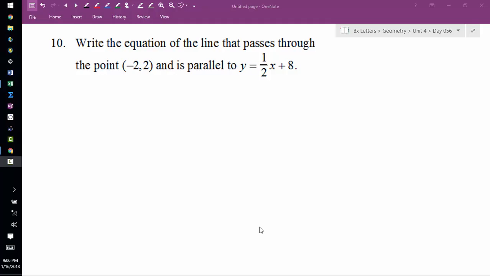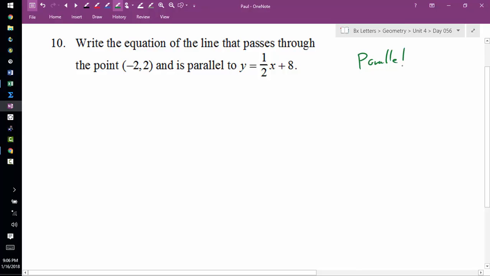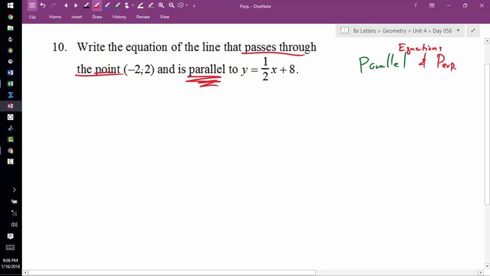Number 10 is going to be a recurring problem through this review. We're going to be talking about parallel and perpendicular lines, and how to deal with their equations. In this one for today, we're going to be talking about parallel lines that pass through a point. So that's the kind of problem this is: parallel lines that pass